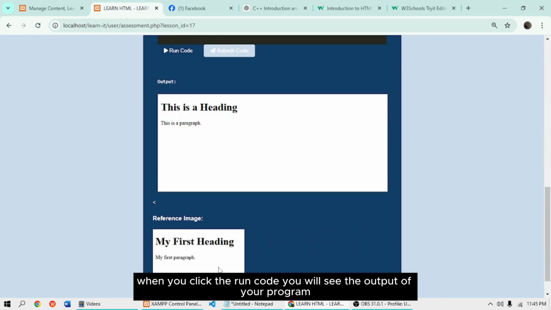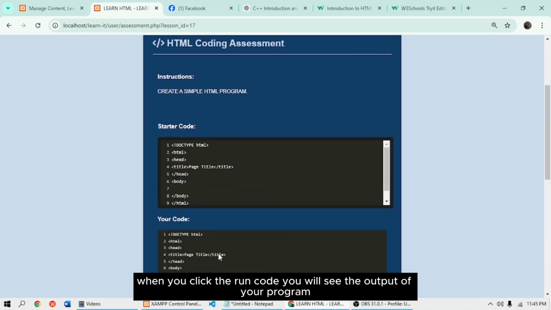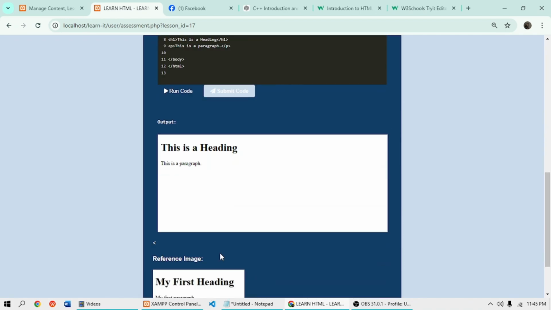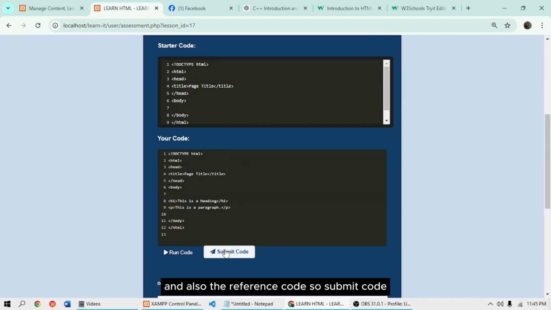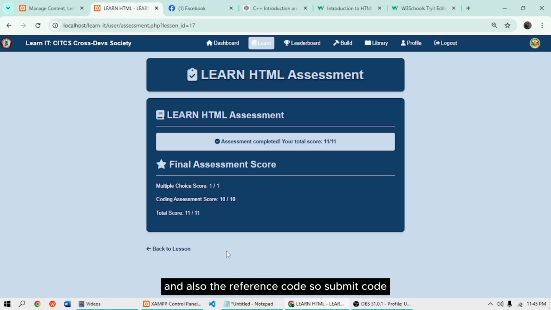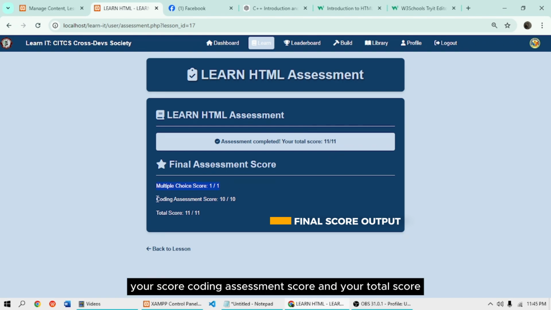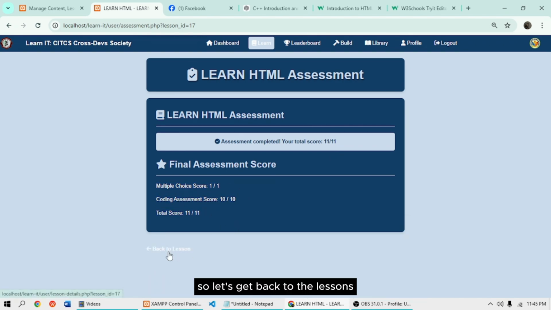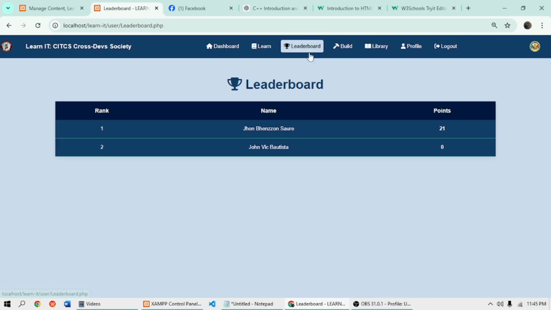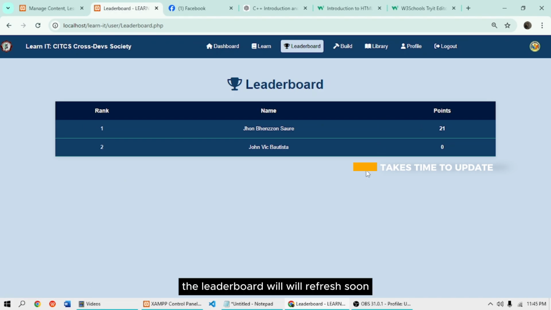When you click the run code, you will see the output of your program and also the reference code. So submit code. After clicking the submit code, you will see the assessment completed, your score, coding session score, and your total score. So let's get back to the lessons. Click the leaderboard. The leaderboard will refresh soon.